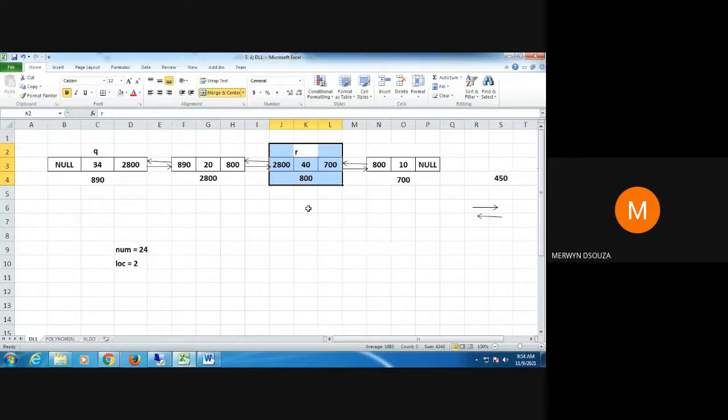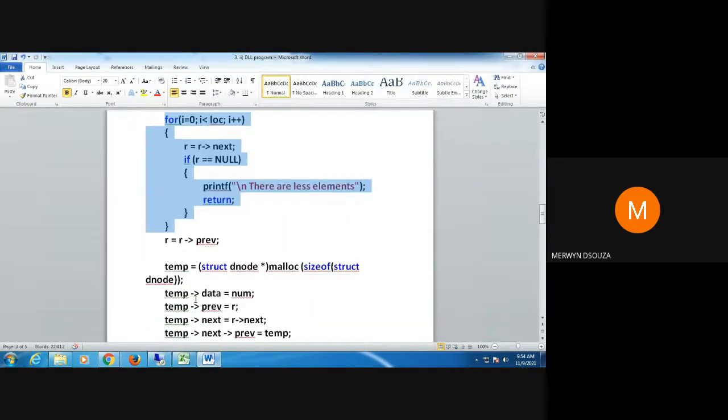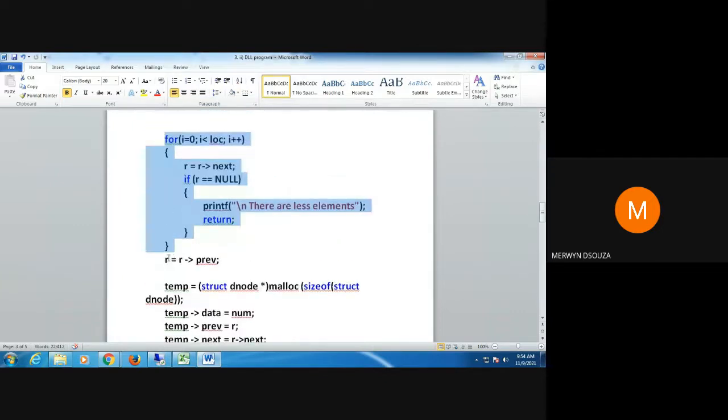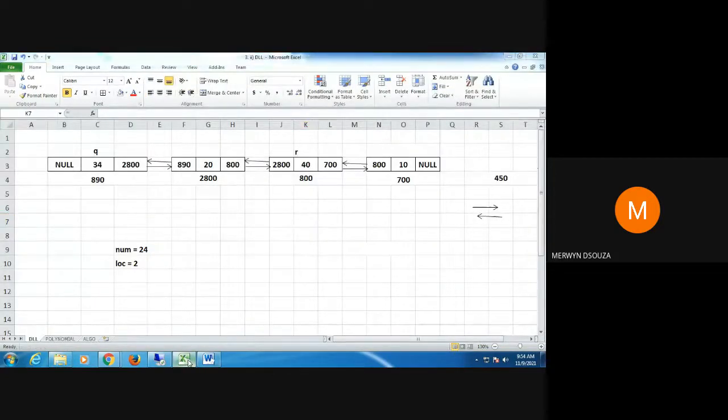Okay, we stop at this position, and now we'll create memory for a new node and we will do the insertion. Okay, so as soon as I terminate this, I want to insert at the second position, like I mentioned here, but currently your R is present at the third position.